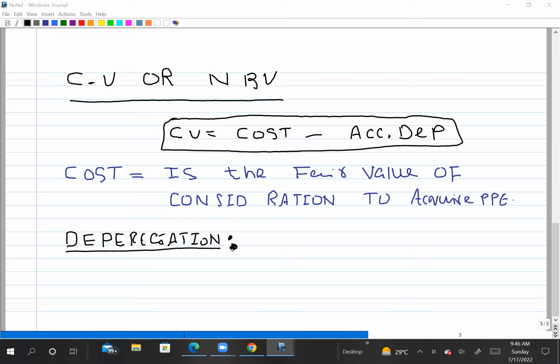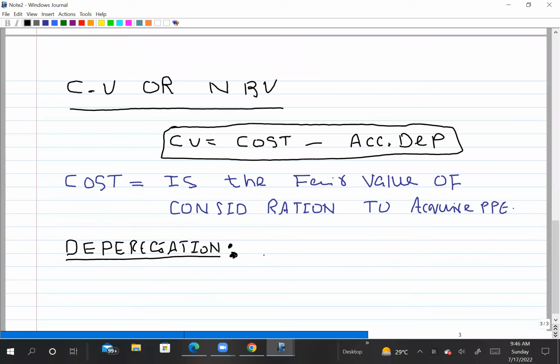What is depreciation? Yes, depreciable amount over its useful life. Very good. So if we define depreciation,